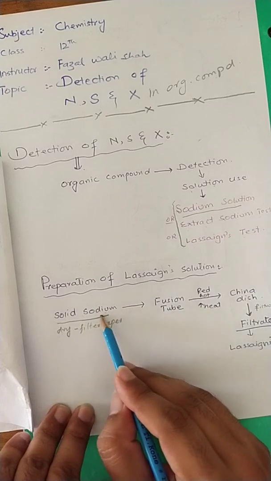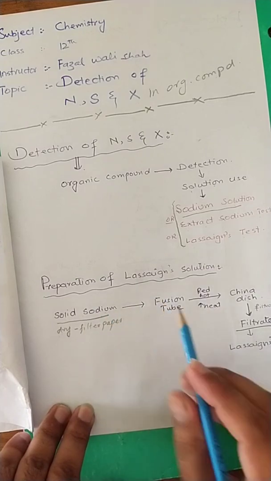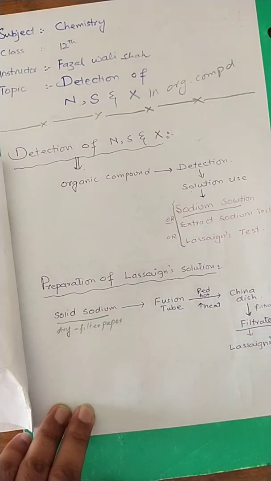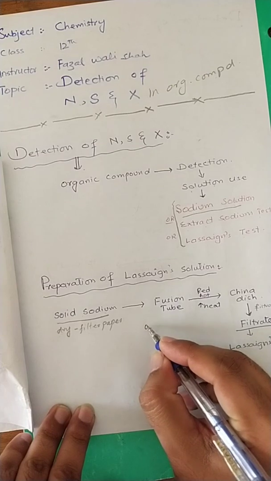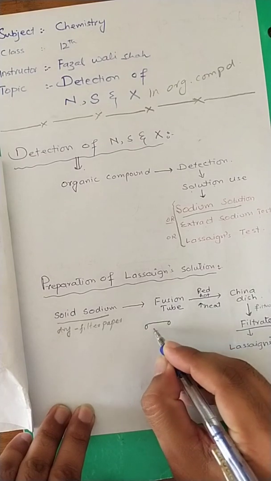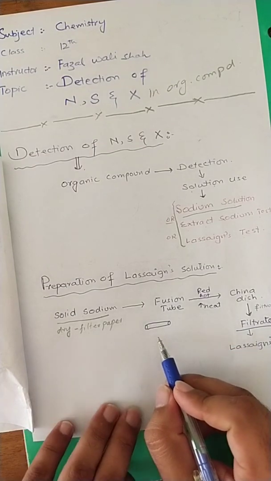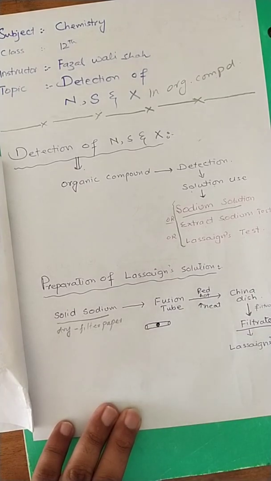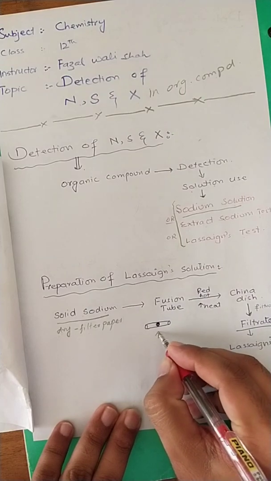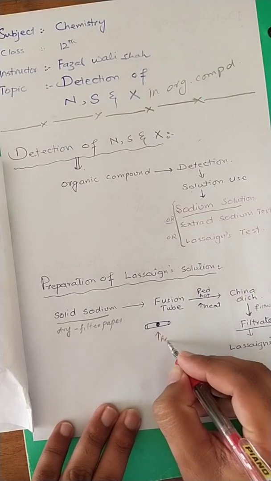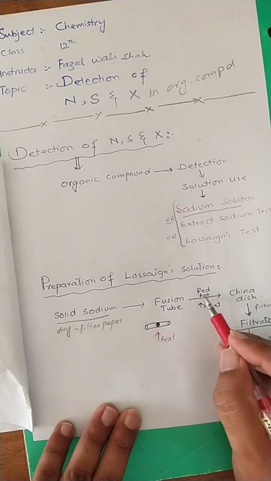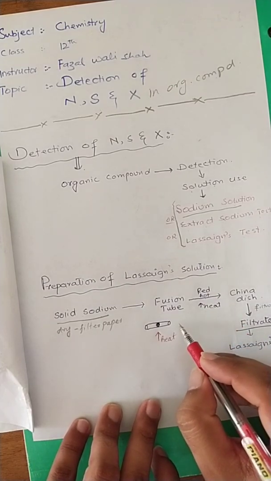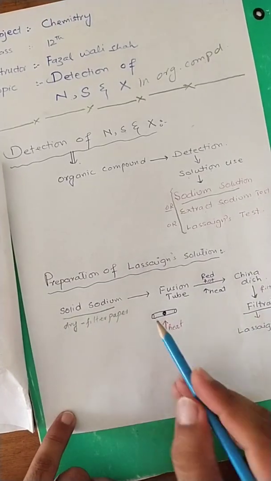Then we put that sodium in a fusion tube. A small tube, we put the sodium in a fusion tube. After that, we heat the fusion tube for some time until it becomes red hot. After it becomes red hot, we transfer this fusion tube into a china dish,